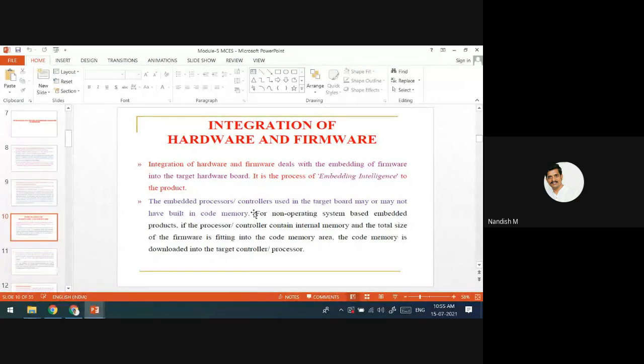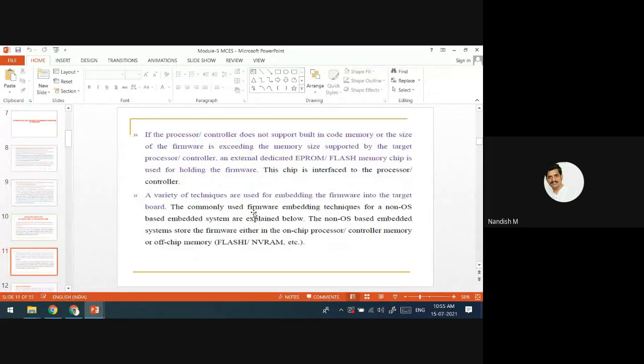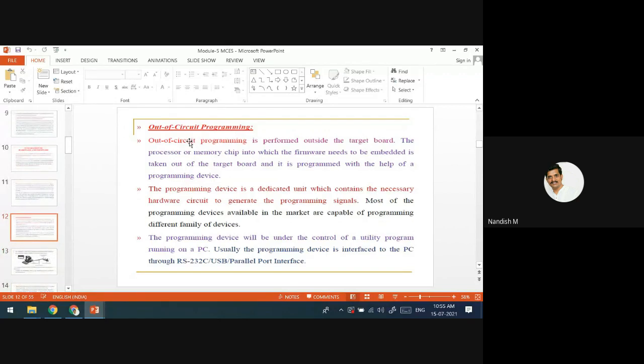Controller means it has inbuilt code memory, so no problem, the interface is already there. If the internal memory is not enough, external flash chips can be connected to store the data.